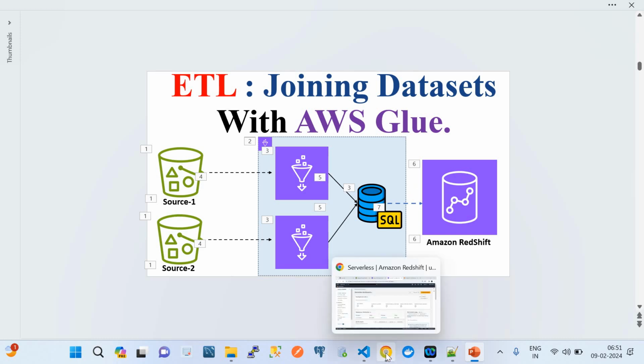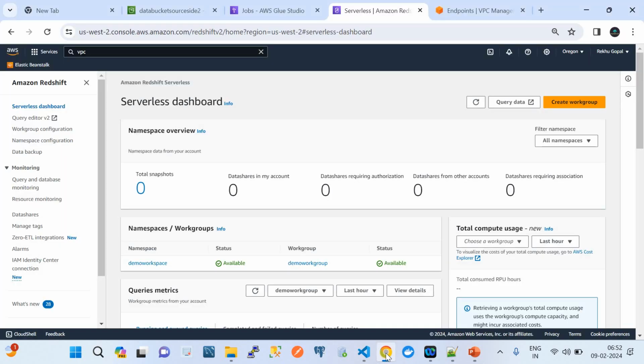Yeah, so I would recommend you to create a source and destination ready, then try to build the pipeline. So my target here is the Amazon Redshift cluster. I have created an Amazon Redshift cluster here. You can see that the namespace of the Amazon Redshift is something like demo workspace, and the work group